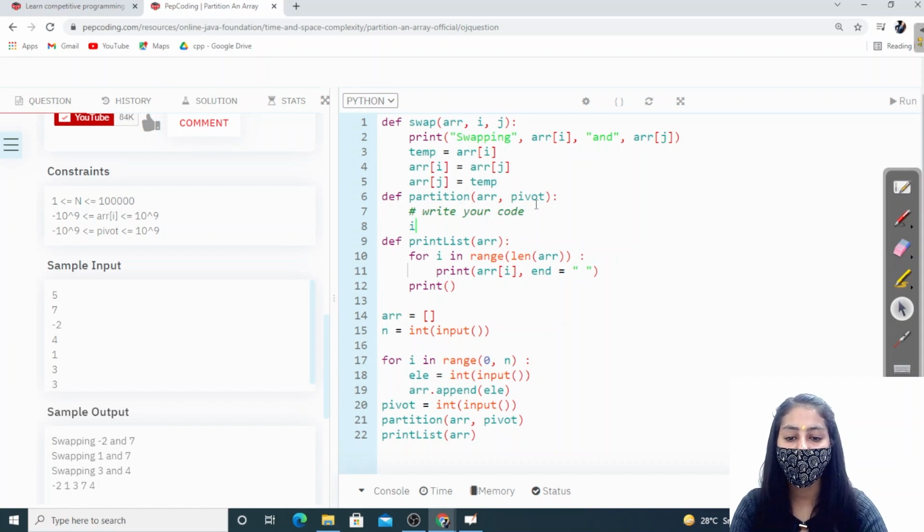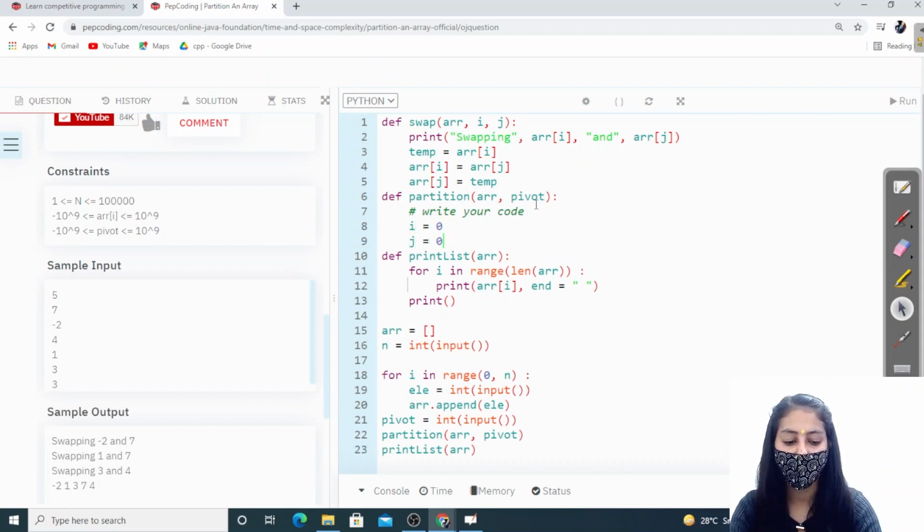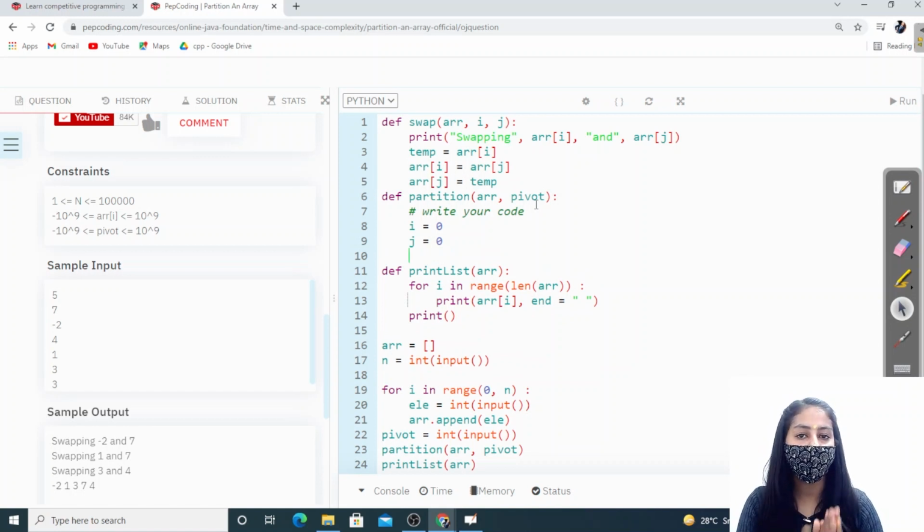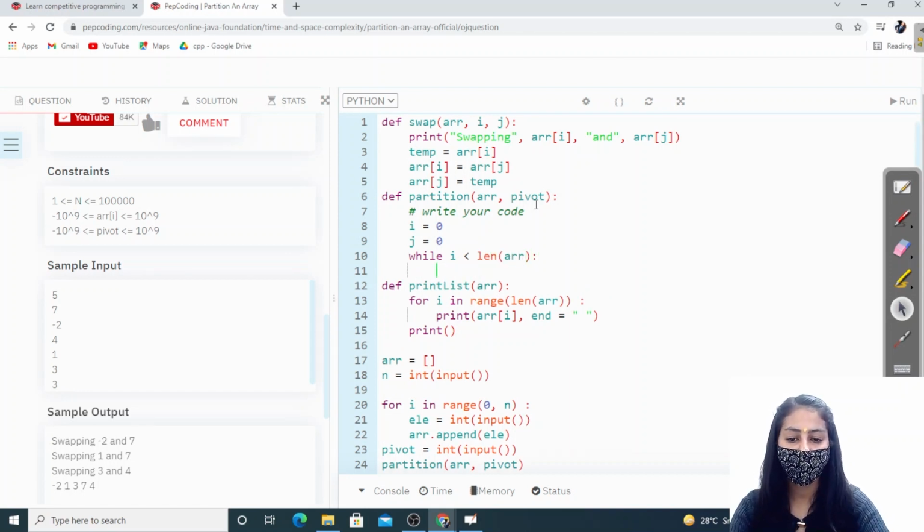First of all, we have to take two pointers which are initialized to 0, right? Next, we have to traverse the entire array until I reaches the length of the array, right? What we have to do, we have to check if array of I is greater than pivot.